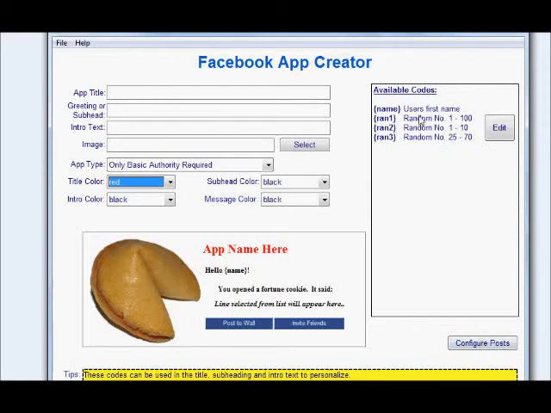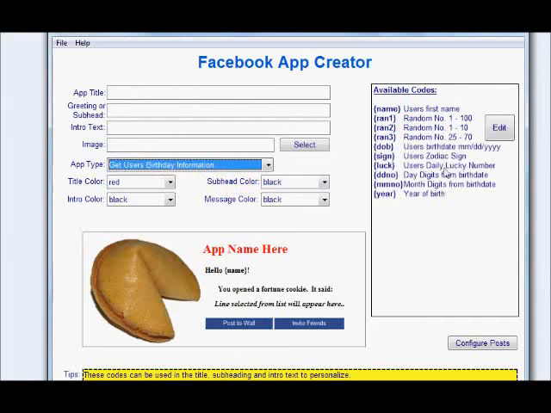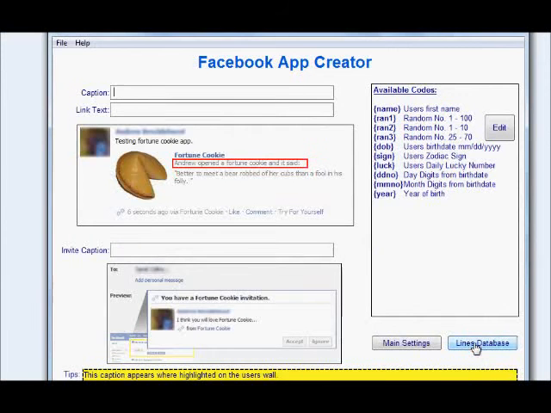This is not advanced features, but it gives you the facility to input the user's name or some random numbers, and you get even more options if you choose the other app type. So if you're building a horoscope app, you can get their star sign, you can get a unique lucky number, that kind of thing. Then after that, the next page, this works like a wizard, so you just click through, it's that easy. The next page, you're going to give it a caption and a piece of link text